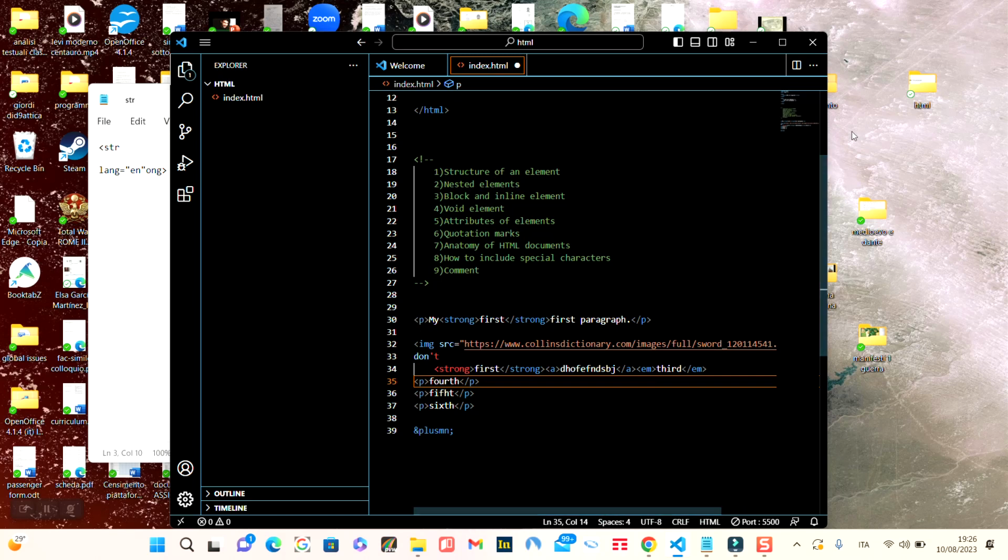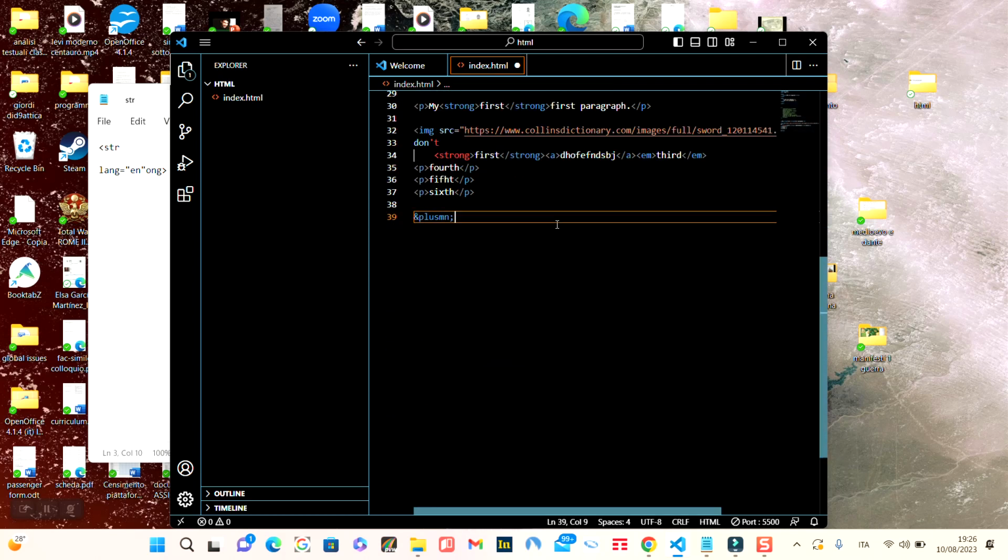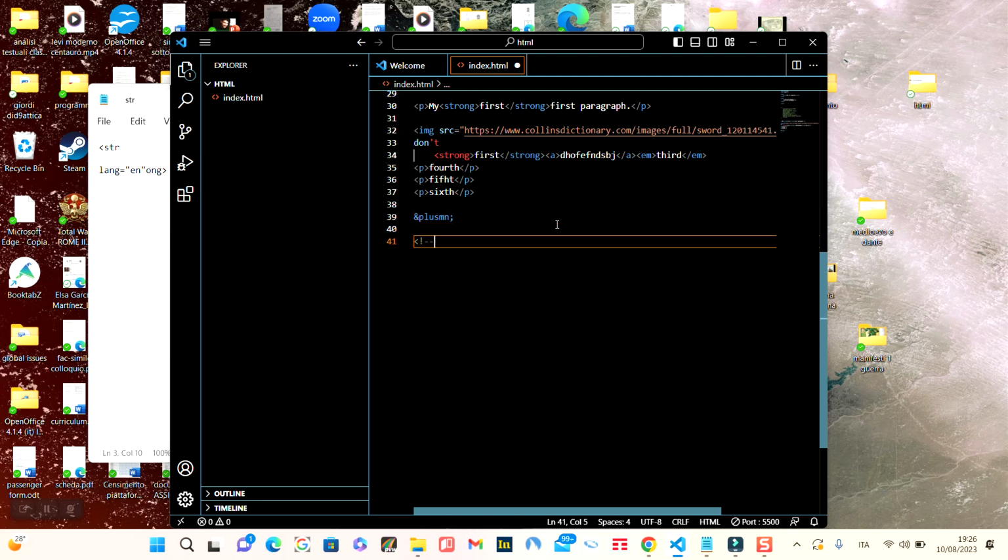Anatomy of HTML documents, but let's talk before that about comments, because this is a comment now, and maybe some of you have asked what is this and why it doesn't show inside. Well, this is not part of the code, and it doesn't do anything. It is not relevant for the code in itself, but can be really relevant for developers. For example, if you write revisit, just to make an example, revisit,